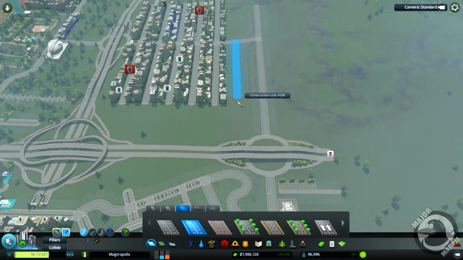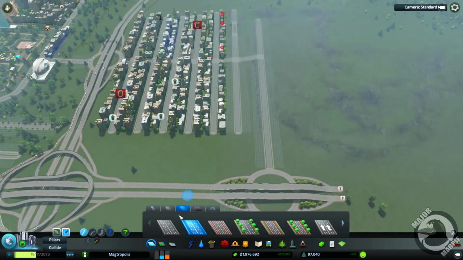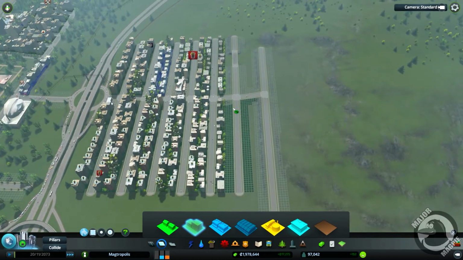Might have to run that from there instead. Here we do. There we go. And the same in that direction. Right, so we'll do a little bit of zoning. We'll just use the fill tool. We'll go high density housing. Trying to encourage some folks into here. We've got no demand on housing, so...